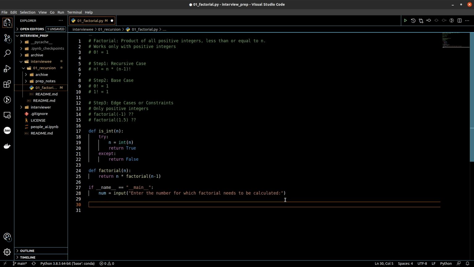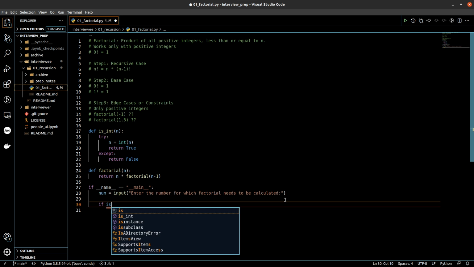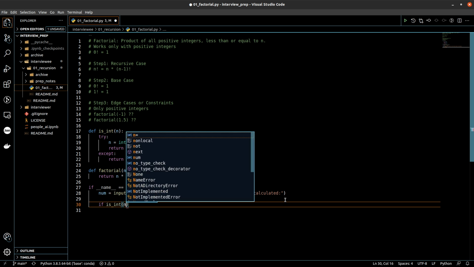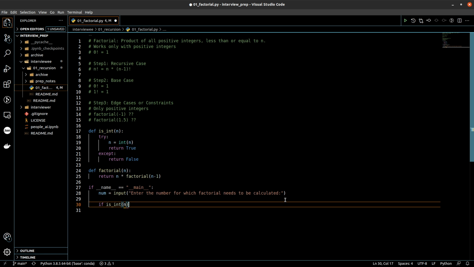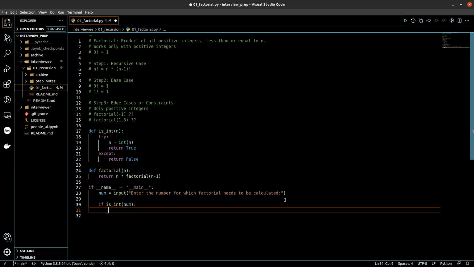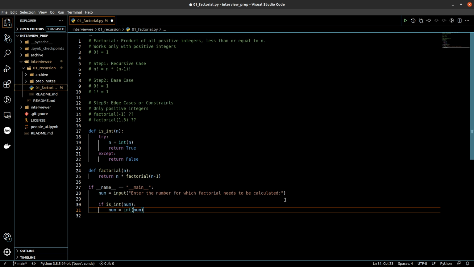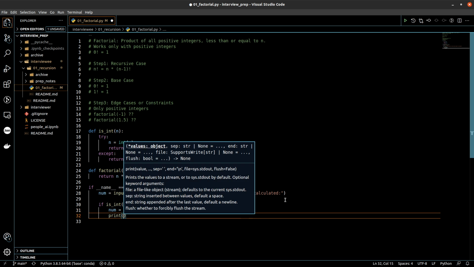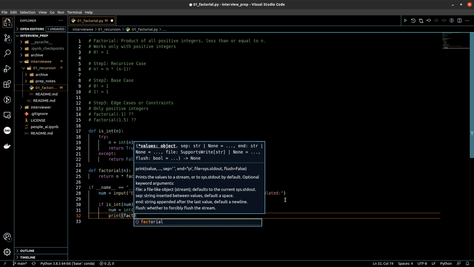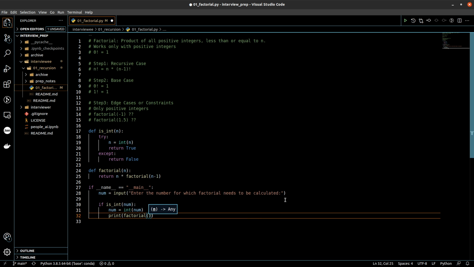So if is int, I'll pass the number. Basically, if it is an integer which has been validated, then only we will use it as an integer, or I'll cast this as an integer, and then we will print the result of the factorial function by passing the number to the factorial function.